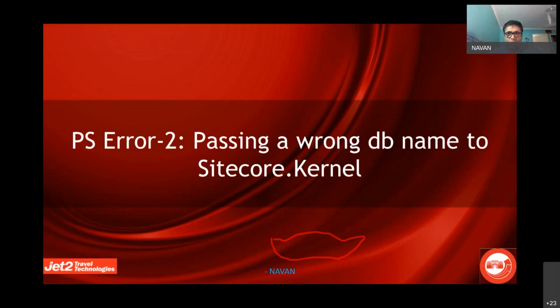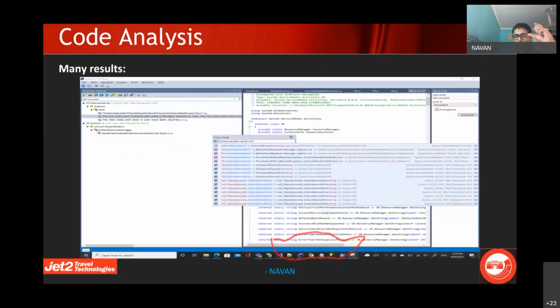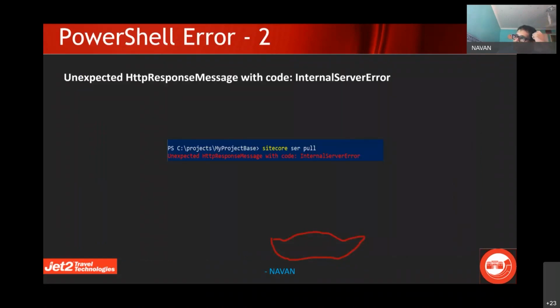Now the next step, what I did was I went and manipulated the list of databases. So instead of putting Sitecore, master and core, I manipulated that name itself, because I wanted to see if I pass something from the client side, whether it understands that.